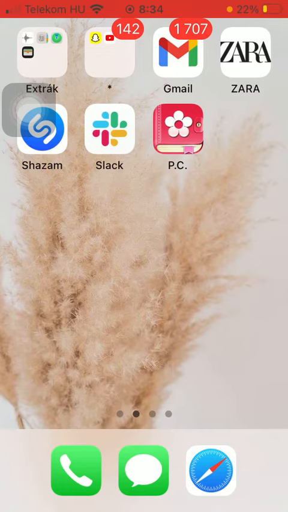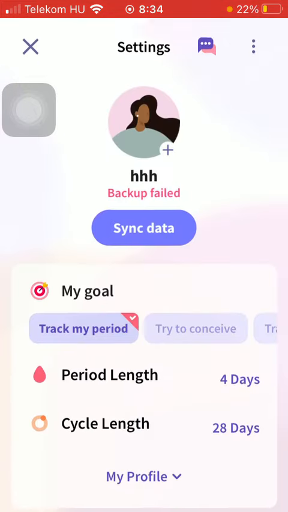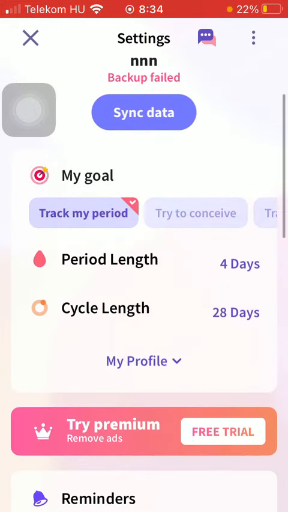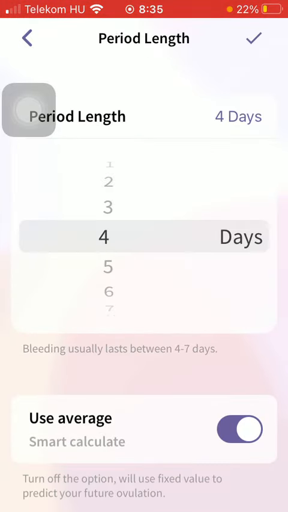First of all, open the application on your phone. Tap on the settings option in the upper left corner of the screen. Click on period length in the first section, and here you can indicate it by tapping on the current day. As you can see, it says that bleeding usually lasts between 4 and 7 days, so tap on the relevant one. As you can see, the options are ranging from 1 to